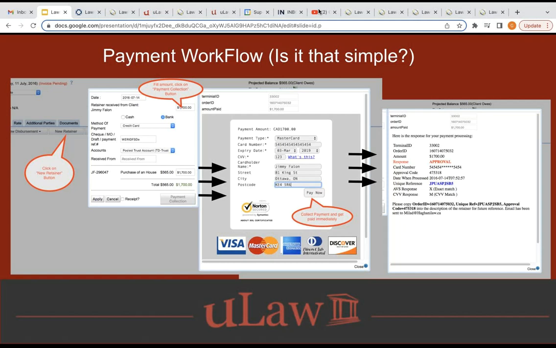So the payment workflow, that's about the benefits. I think they're pretty extensive for you all to choose from or consider using LawPay, because